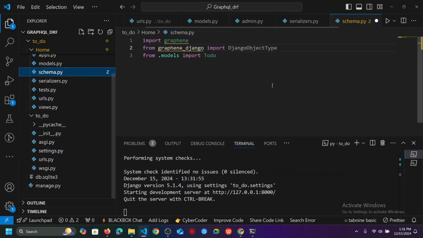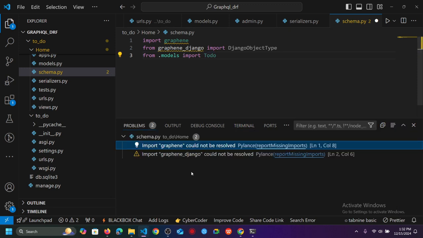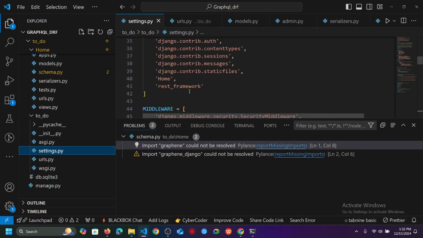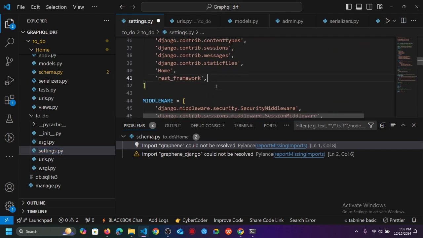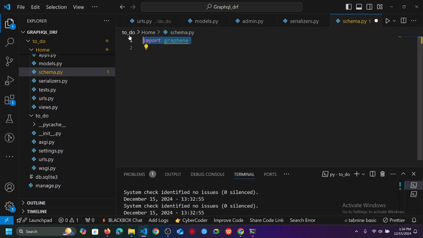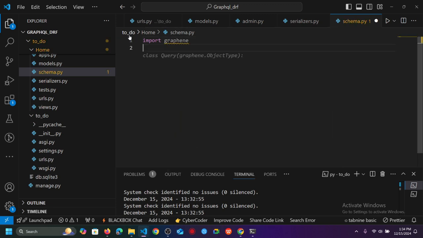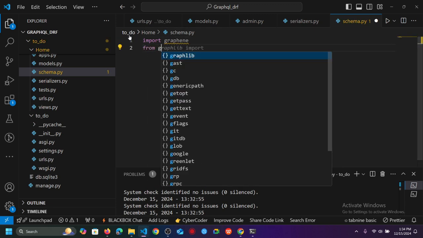Now in the schema.py file, again it is showing the error. I think this error came because we have also not defined it in our installed apps. So here in installed apps, you can see that below the REST framework, write graphene_django. Let's save it. Okay, so now let's again import graphene, and after that from graphene